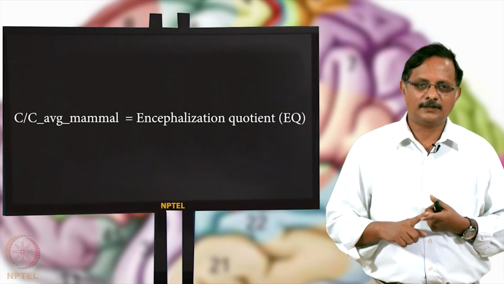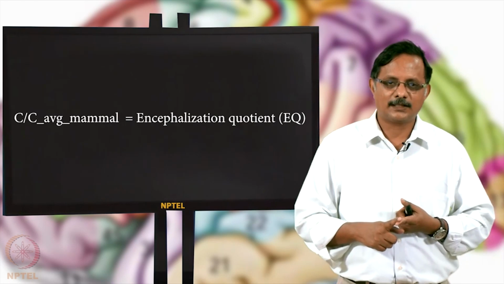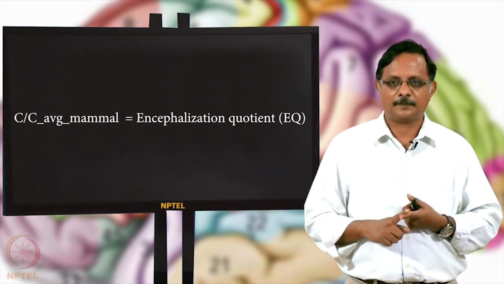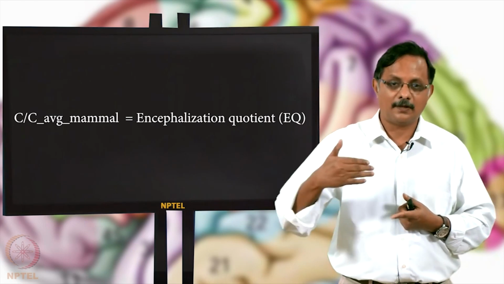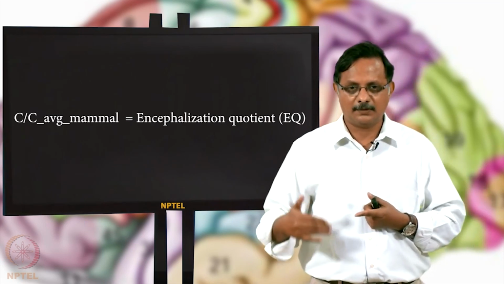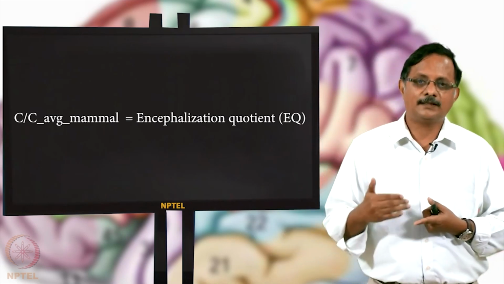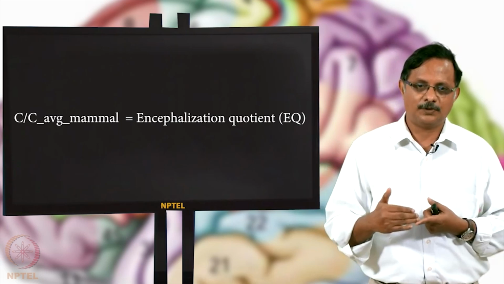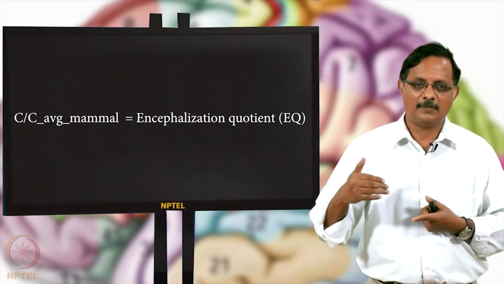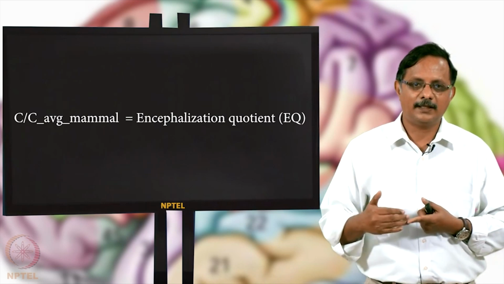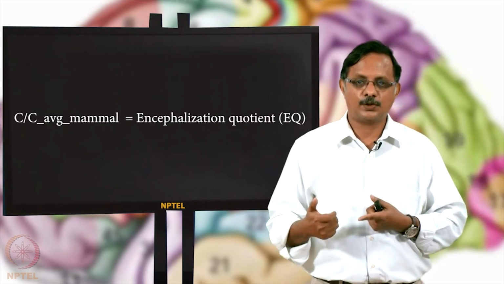So for example, if you fit this formula to the average animal, you get some value of C, and that is called the C average mammal. Then fit it to some other species which you want to compare with the average mammal, and you get a different C. So now take the ratio of the C that you get from your test species and the C of the mammals. So you get C by C average mammal, and this quantity is called the encephalization quotient or